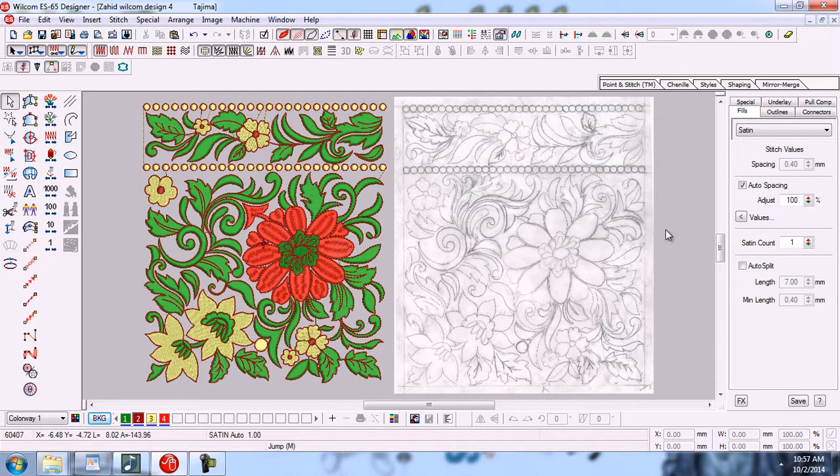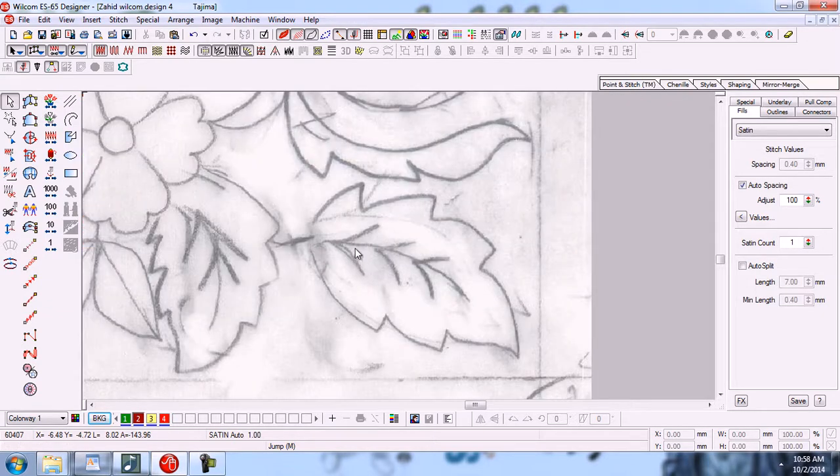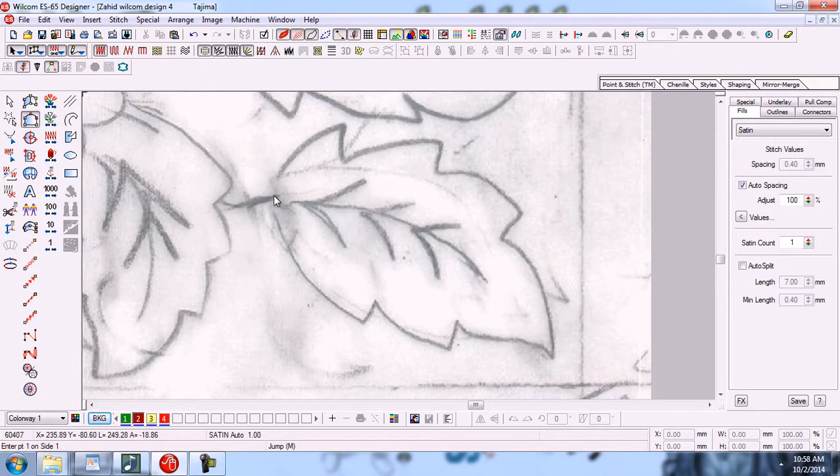Now we will make some other objects also with input B. For example, we will make this object with input B. Click on input B, make some more zoom. This is the starting point, so we will not start from the starting point, we will start to make the selection from near the starting point. So our first click will be left.